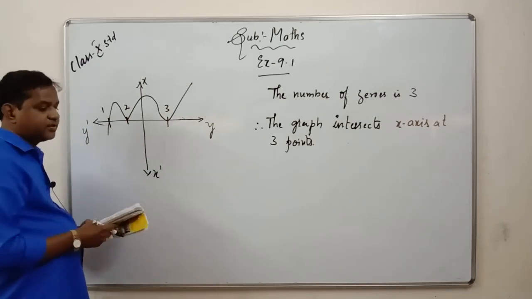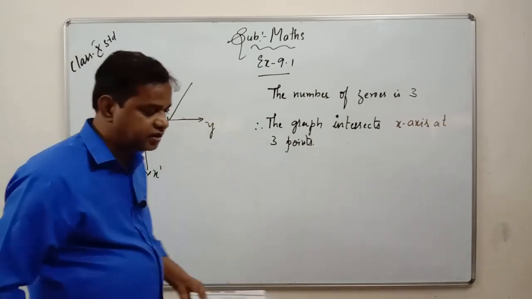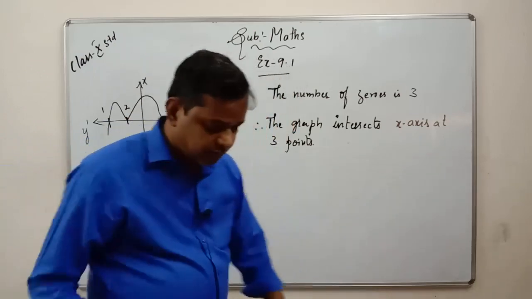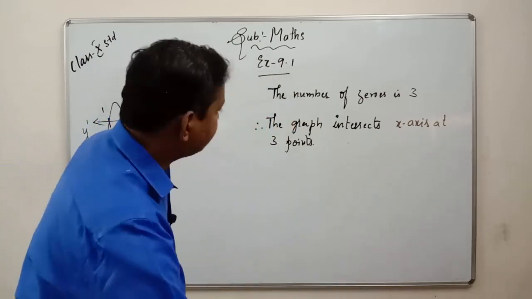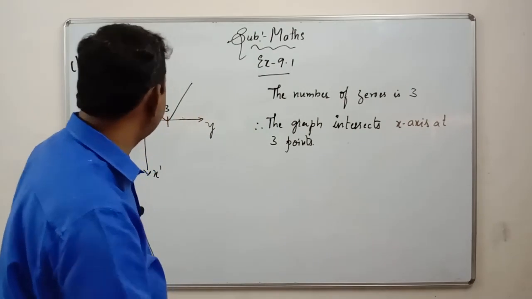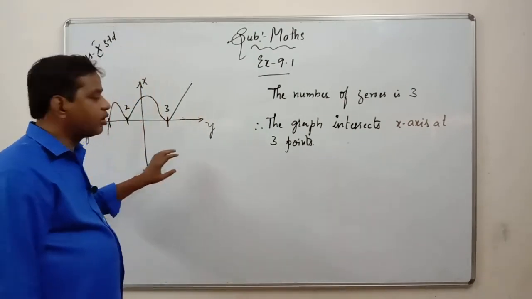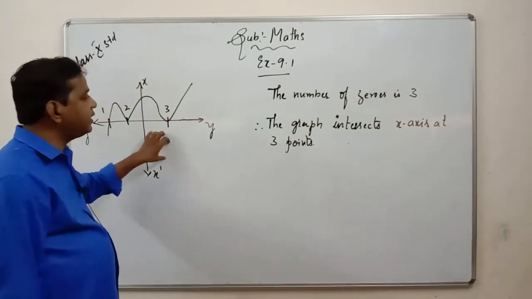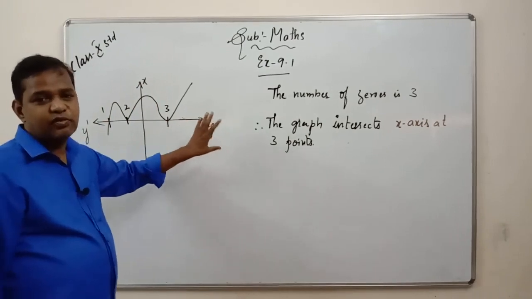Okay, this is the first chapter he has just now finished. Only 6 problems he has given there in the first chapter. So these are the 6 problems we just did now. They are very easy ones. Just go with the intersection points, count them and write it. So this will carry 1 mark or 2 marks questions.